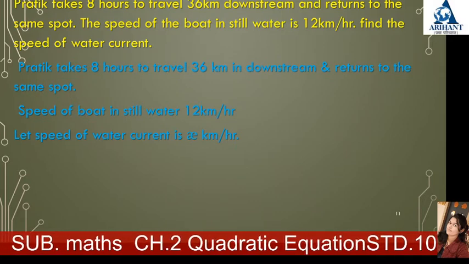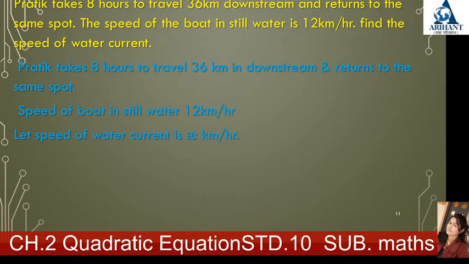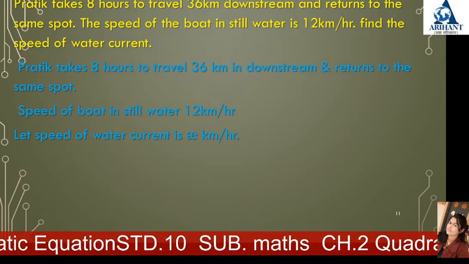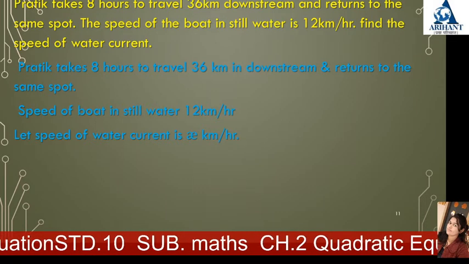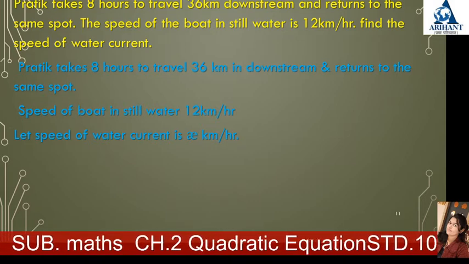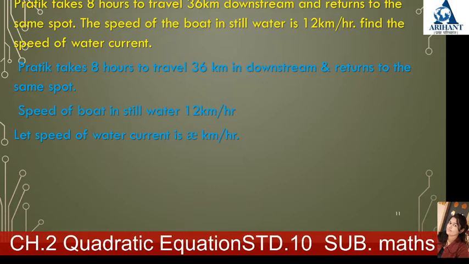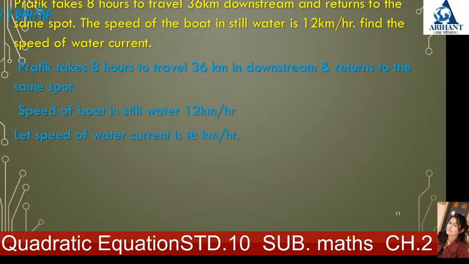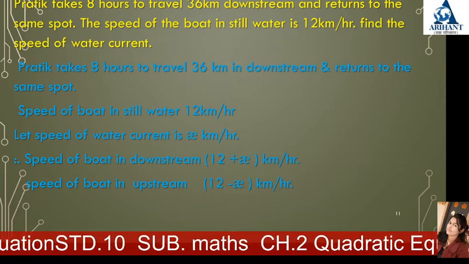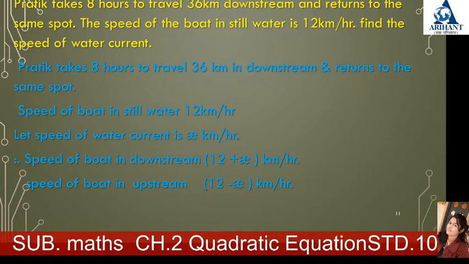Let's consider Pratik takes 8 hours to travel 36 km downstream and returns to the same spot. So, the speed of the boat in still water is 12 km per hour, which is given. So, let the speed of the water current be x km per hour. Therefore, the speed of the boat in downstream is 12 plus x km per hour, and the speed of the boat in upstream,